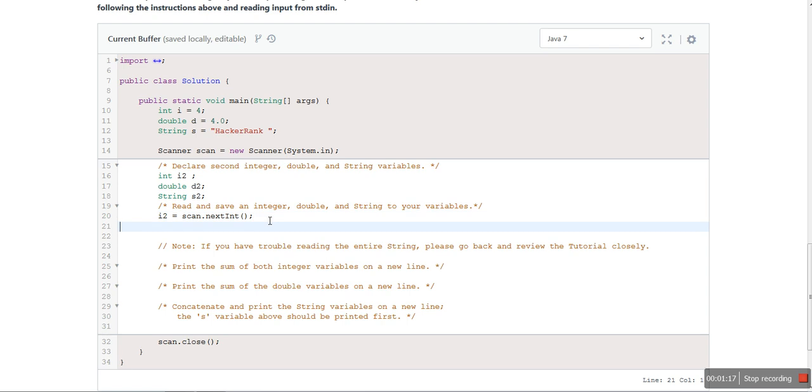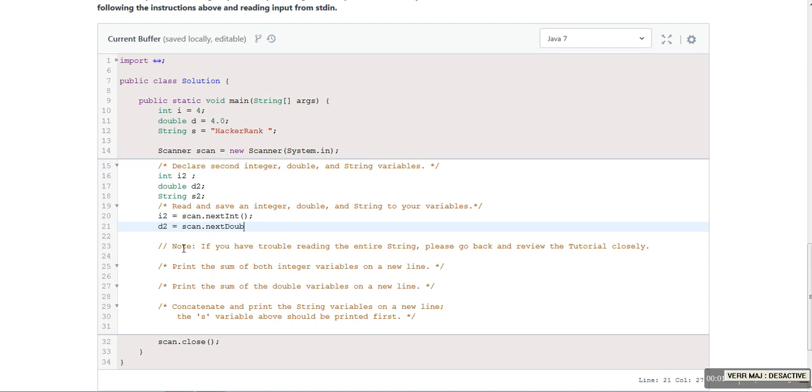So the second one is going to be reading. How are we going to read it? We're going to read it from scanner. Scanner is an object offered by Java in Java 8, and it is declared already in here with System.in. So this is going to allow us to read the values into the variables that we actually declared here. The second variable is d2, this is a good practice, equal, and scan dot next